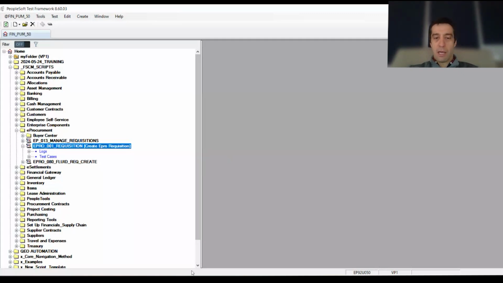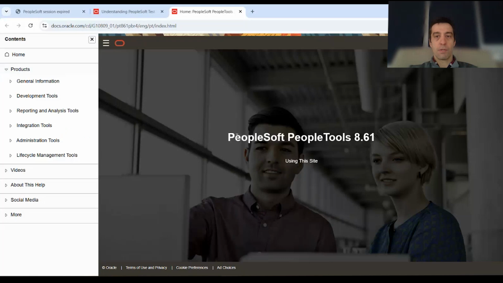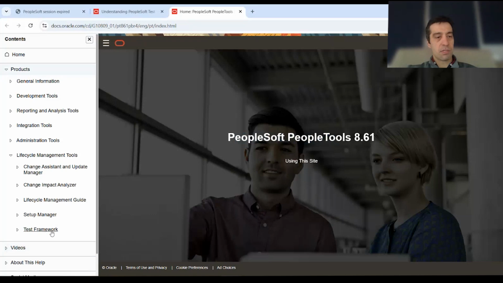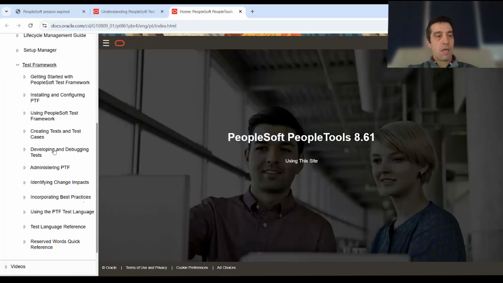Okay. I'm going to actually open up the PeopleBook because it's a great place to start. So we're going to open up the PeopleTools PeopleBook, the online help. We're going to go to Lifecycle Management Tools, the Test Framework. Okay. And within the test framework, all the way down here at the bottom, almost the last topic, you'll see